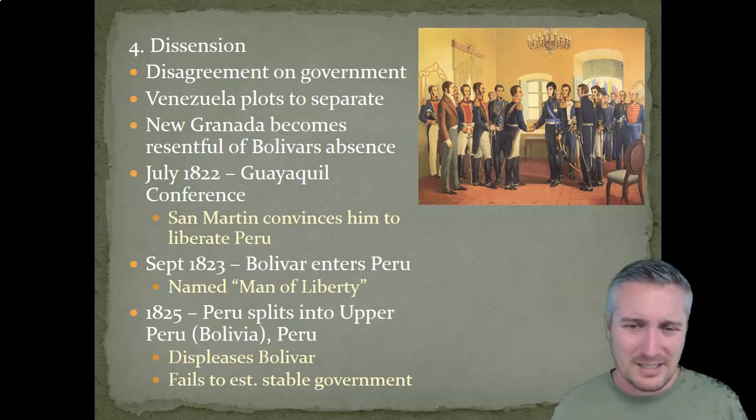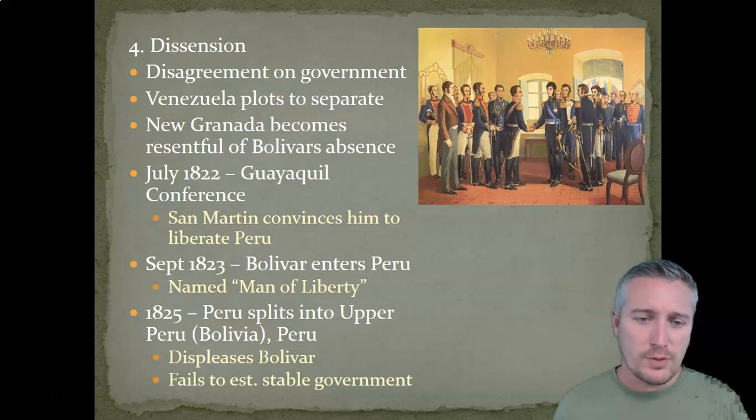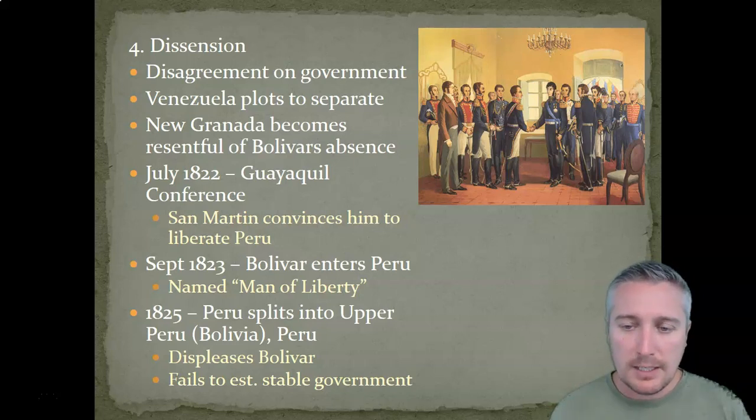Like, wait a second, now we're going down. We don't even have our own stuff figured out, and now you want to go down and invade another country. And so basically when Bolivar left to enter Peru, where he does so successfully, Gran Colombia splits apart. And when he's entering Peru, known as this man of liberty, that's the title they bestow upon him by the Peruvian Congress. He finds that there's a lot of corruption in the Peruvian government, and so